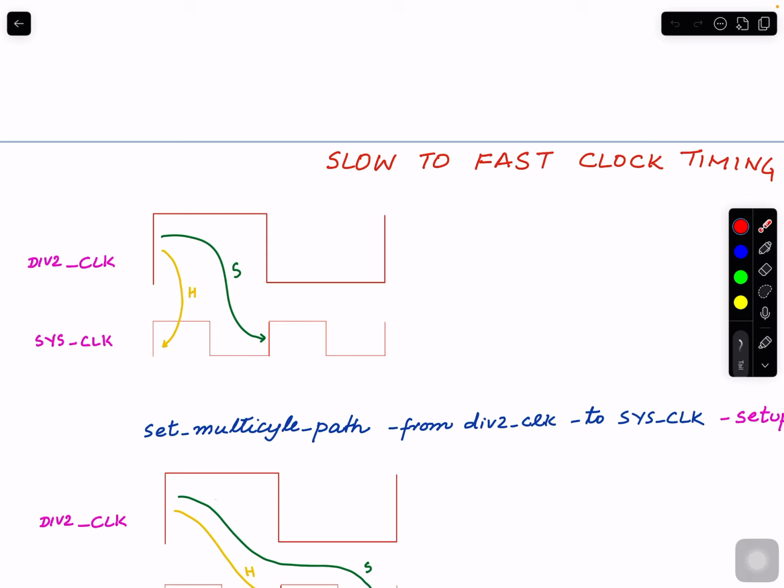But the designers, the RTL folks, coded the logic such that when it's launched here, they expect a huge logic, let's say with adders, multipliers, a lot of things in the data path, and they expect that the valid value can be obtained after two cycles of the fast clock, or one cycle of the slow clock. So even though the tool is going to show you a violation here,